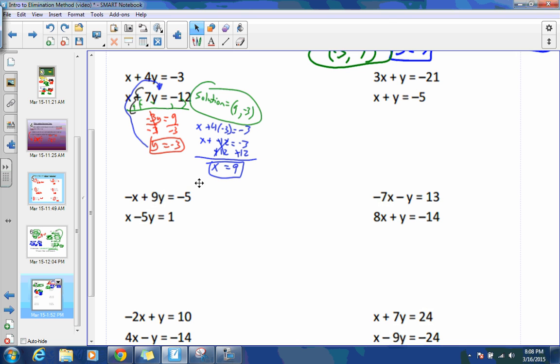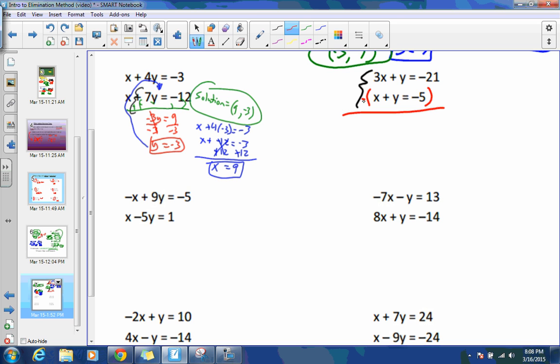All right, just one to the right here. We have 3x plus y and x plus y. So it looks like the y's this time have the same coefficient, but they are not opposites. So in order to make them opposites, like the last one, we are going to subtract all these parts. And to subtract, you apply that subtraction to all the parts. So we'll add negative x, negative y, and this will be positive because it's an opposite there. So then following through, we have negative 21 plus 5 would be negative 16 equals,